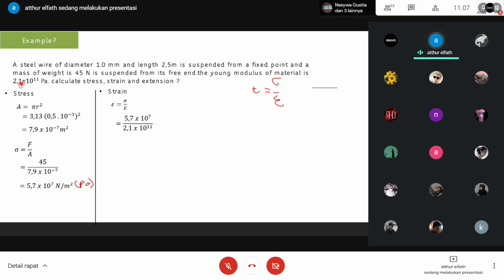Yeah, and then the Young modulus is 2.1, and then you will obtain the result of strain. Remember the strain has no units. Yeah. Okay, so we only